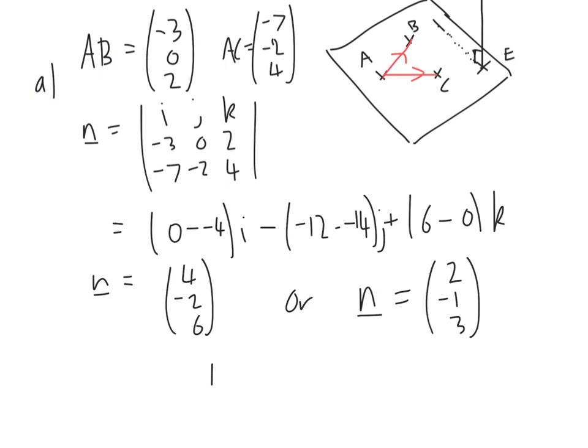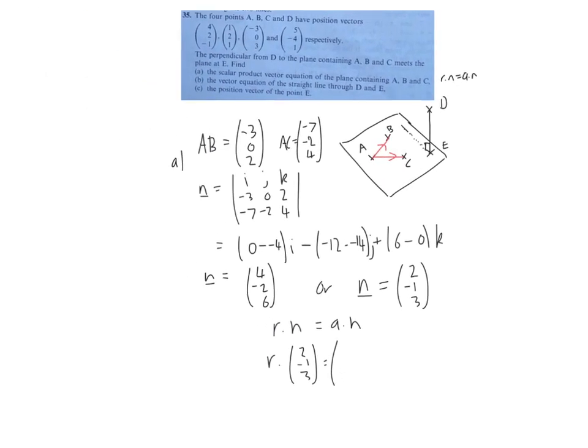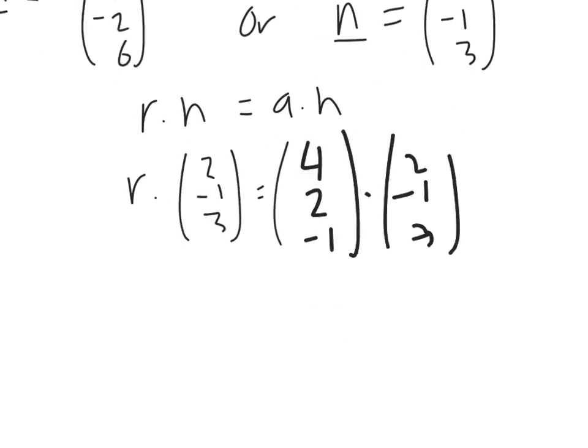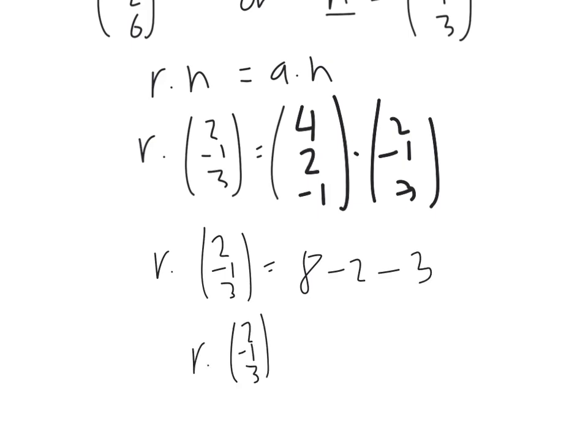So if we write down our equation now, r dot n equals a dot n, we get r dotted with 2, minus 1, 3 equals A as a point in the plane, which we got at the start. So that is 4, 2, minus 1, dotted with 2, minus 1, 3. And from there, we get r dot 2, minus 1, 3 equals 8 minus 2 minus 3, or r dot 2, minus 1, 3 equals